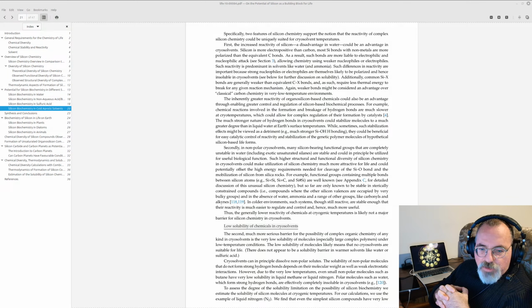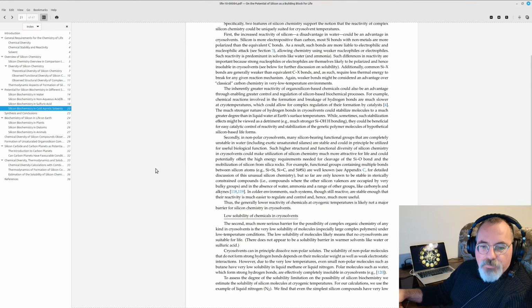To assess the degree of the solubility limitation on the possibility of silicon biochemistry, we estimate the solubility of silicon molecules at cryogenic temperatures. For our calculations, we used the example of liquid nitrogen. We find that even the simplest silicon compounds...